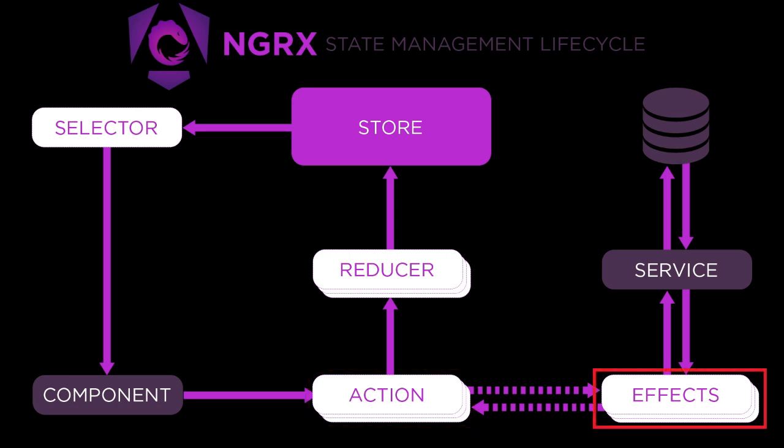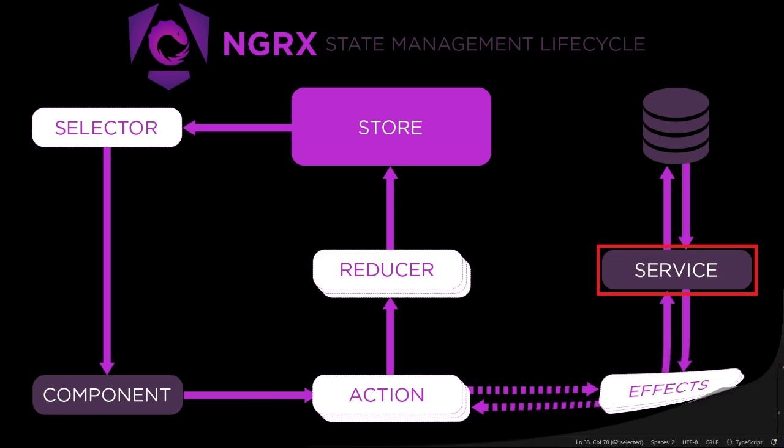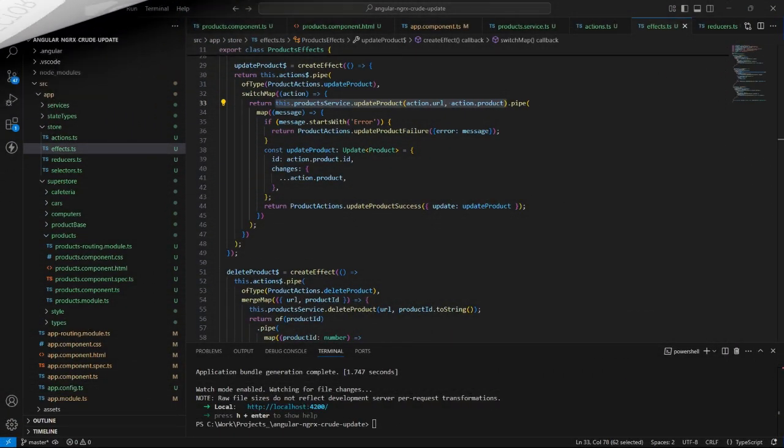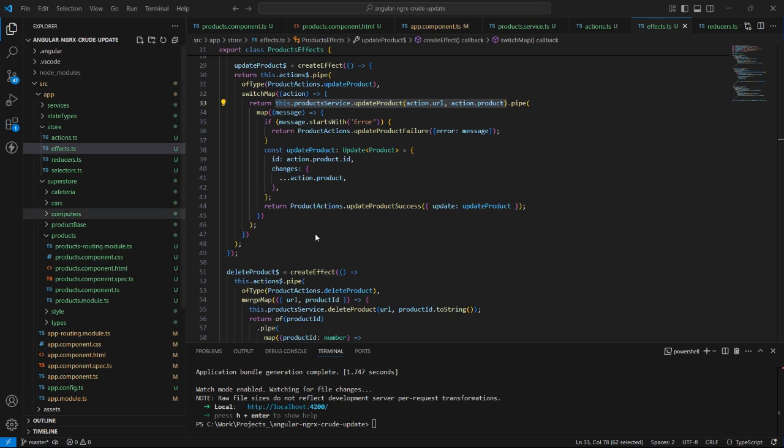Effect update product subscribes to the update product action and updates product in SQL Server database using product service. When the SQL Server database is updated successfully, update product effect dispatches update product success action,